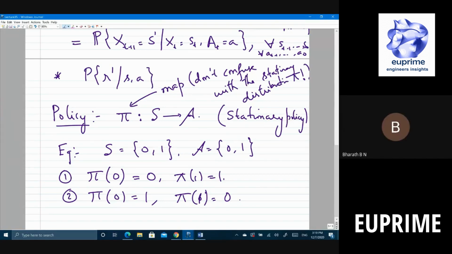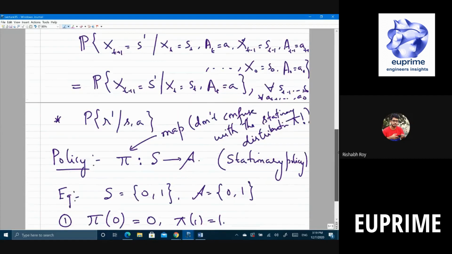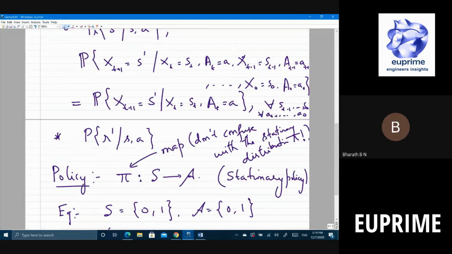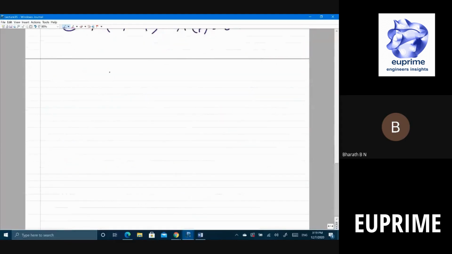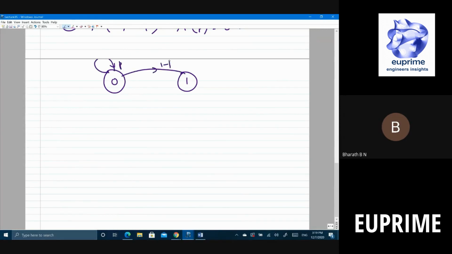One more thing. Yes. The Markovian property that you mentioned at the top of the screen, the probability of x t plus 1 equal to, is that the same as what we learned in Markov chains? Yes, correct. To give you a specific example, state 0, state 1, there's a Markov chain. With some probability p you are going here, with probability 1 minus p, and this is 1 minus q, and this describes the state evolution.